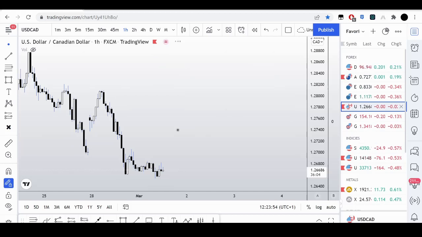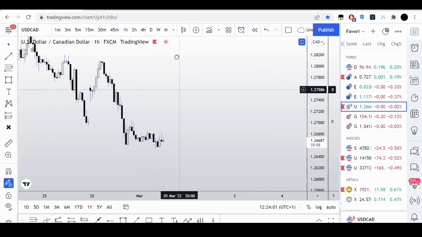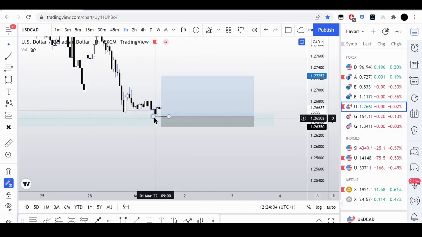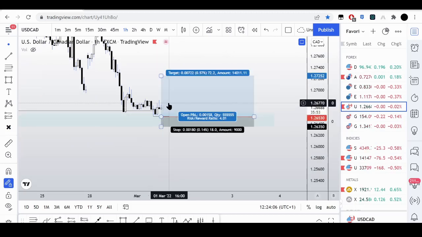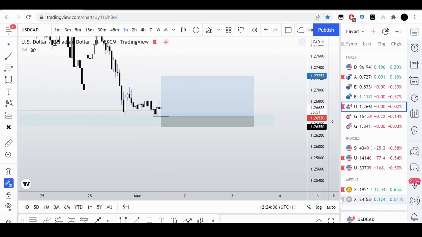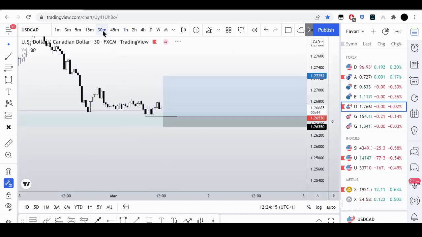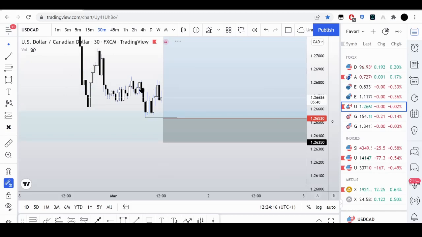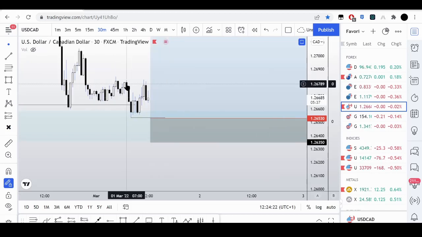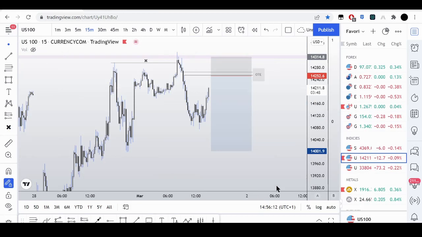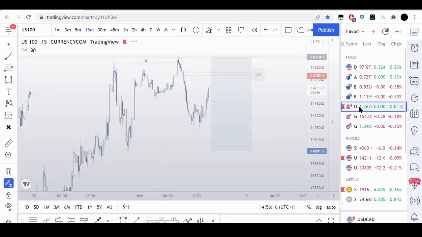I'm really thinking about it, because I think New York is gonna push price below this low, and we're gonna have a nice run. So what I'm gonna do is, in 30 minutes, I'm gonna potentially set a buy limit, and then we might eat today, or we might lose. All right, so yeah.